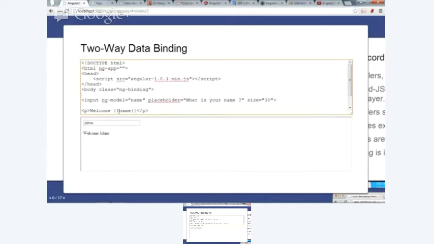Just by including that script, Angular will create that data model, and then wherever you want to use that placeholder, it will put it in real time. So when I saw this, I kind of went, wow. I come recently from a jQuery background, and to do that kind of thing in jQuery, it's still simple, but you're binding events to your input field, outputting them on the other side. This makes it a whole lot easier.